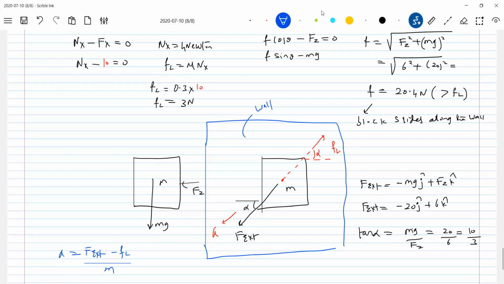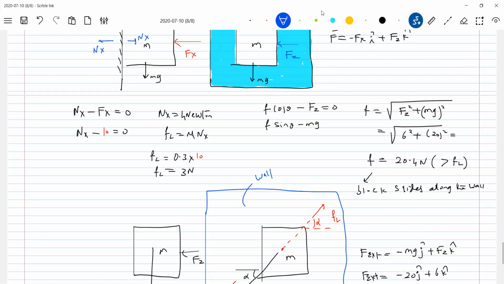I'll move to the next concept. One more is there. Okay, fine, all of you. In three dimensions, you have to make the problem into two parts. In each plane, show the forces, then you get a basic picture. Just take some box, press it against the wall, apply one force perpendicular to the wall, another force parallel to the wall. So how does Fx act? Perpendicular to the wall. Tell me how Fz will act. Parallel to the wall. Finished, nothing big.